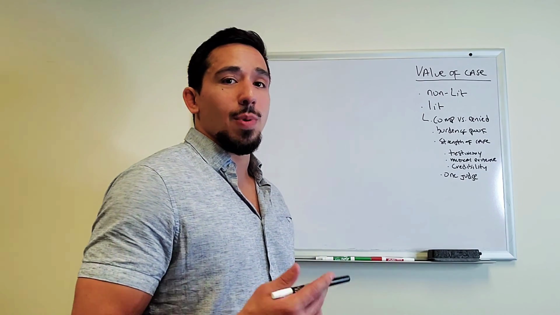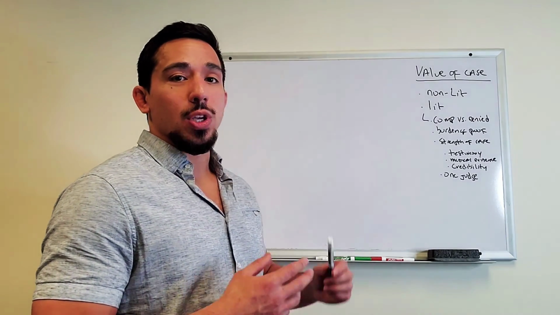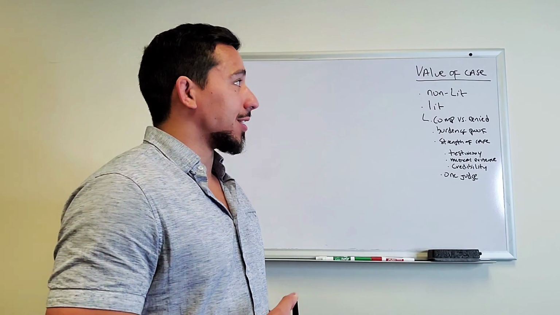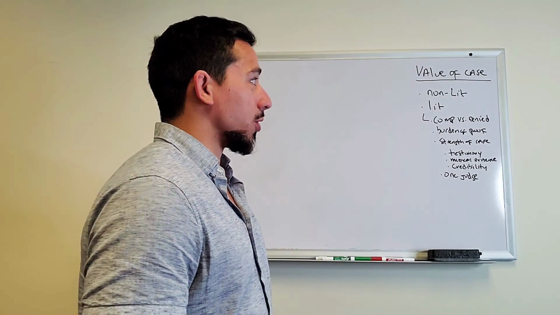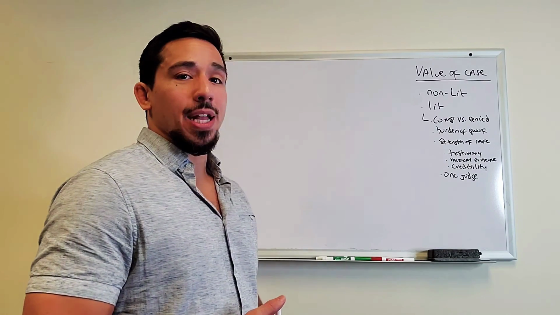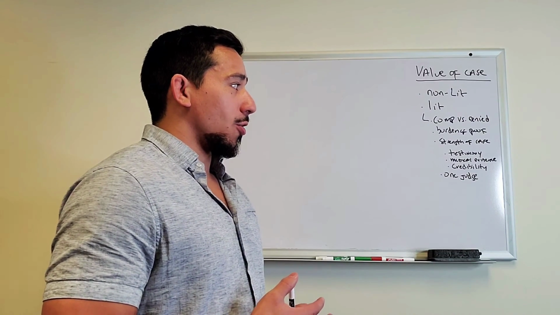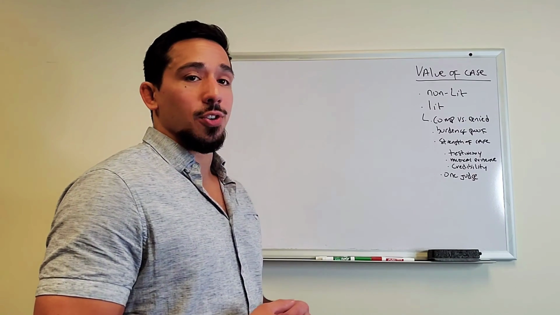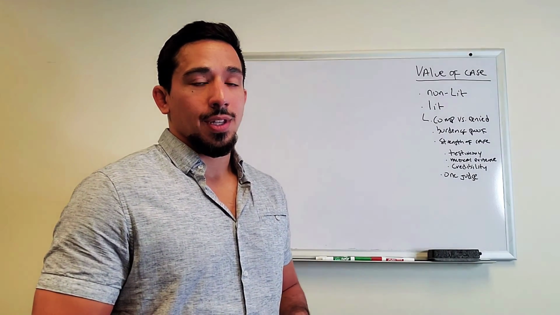So as you might remember, in the first video I discussed in its very basic form the 3 components where a workers' comp claim in Georgia derives its value. Now today I'm going to talk about how these variables affect the evaluation over those 3 components. So we're going to look at non-litigation versus litigation cases. We're also going to look at compensable versus denied cases. We're going to talk about burden of proof. We're going to talk about some variables, not an exhaustive list, but some that determine the strength of your case. And we're also going to talk about who is the person that will be making a decision if we have to go to court.